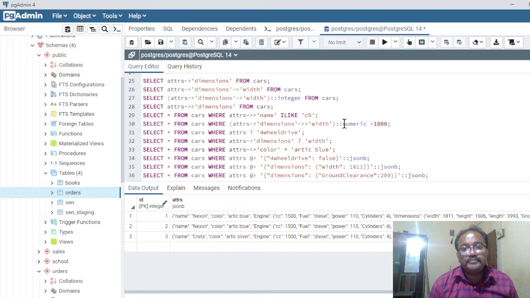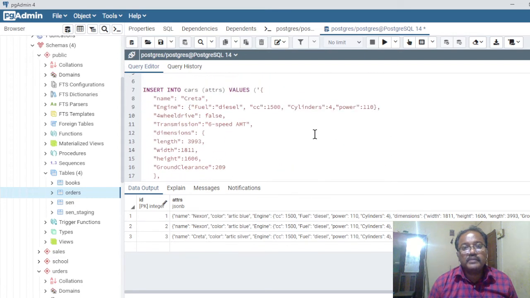Both are okay. Again, when we come down, we want to select based on attribute availability, the four-wheel drive attribute. If the four-wheel drive attribute is available or not. Again, four-wheel drive is available everywhere. Attributes available. But suppose we want to change, we don't want four-wheel drive, because we will actually delete this one